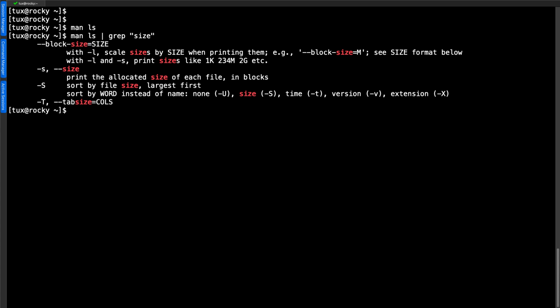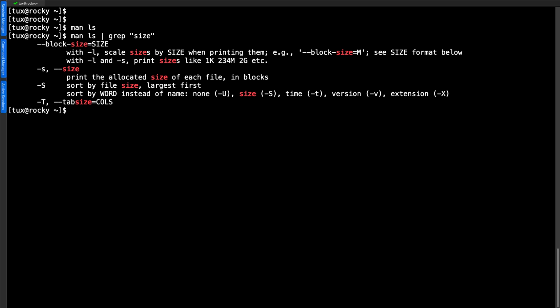But also I can sort by other elements as well, not just by size. So although searching for size inside of the man page would be quite effective for me, it wouldn't be so good if I wanted to look for everything that I could sort by.